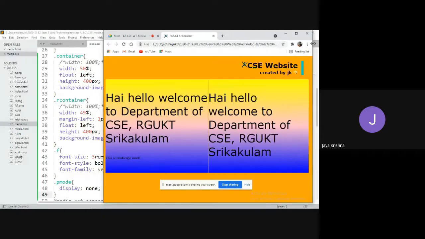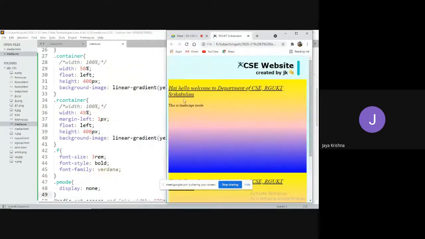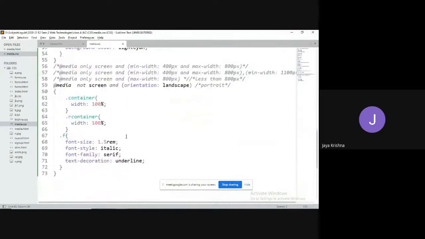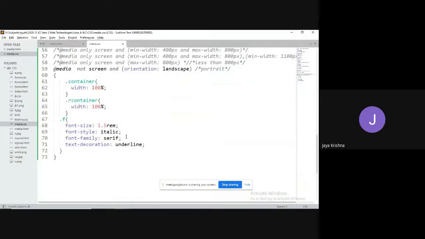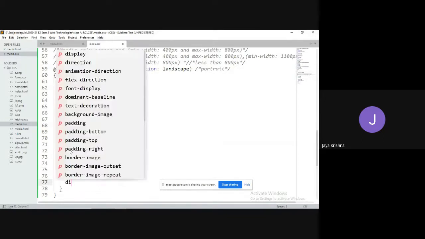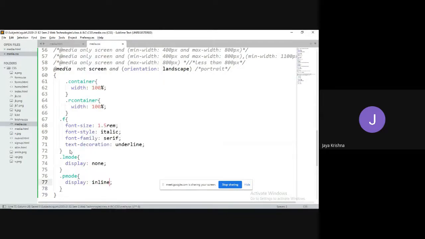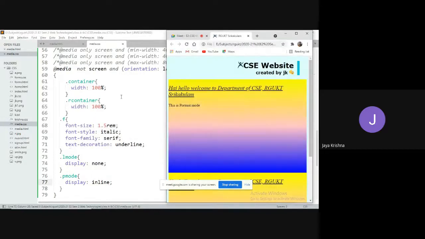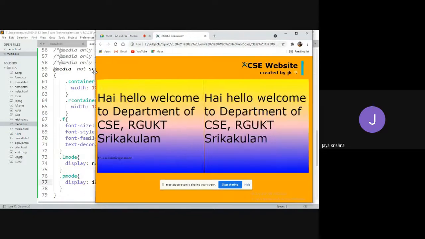Now in portrait mode, you need to get the data like this is portrait. So this is landscape mode. I refresh. Yeah. So this is landscape mode you are getting, but I don't want it like that. I want to get portrait mode. So whenever it is not landscape mode, I am going to hide the L mode, display as none, and I am going to turn on the portrait mode, so display as inline. I hope you know the meaning of all these properties. Yeah, observe. This is portrait mode. Whenever I'm trying to maximize, this is landscape mode you are getting.